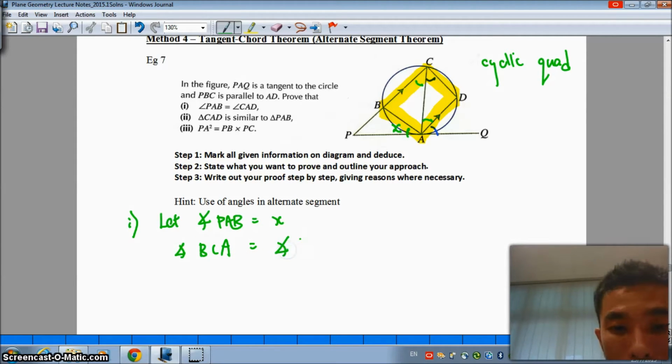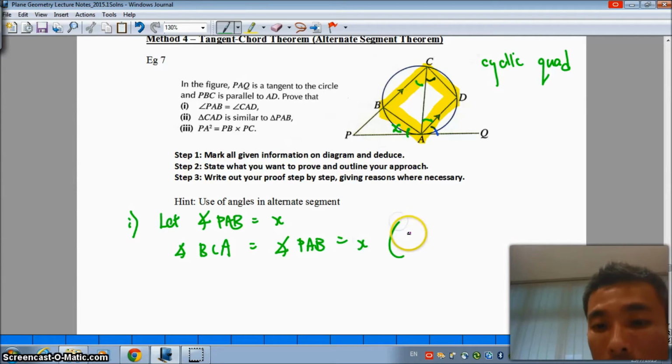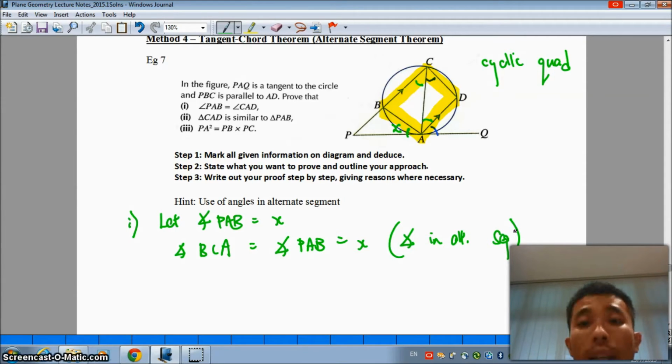And please write down why. Because from angle PAB, this will also be equal to X based on angle in alternate segment. You should be comfortable with this reasoning. Last but not least, with the use of the parallel line,